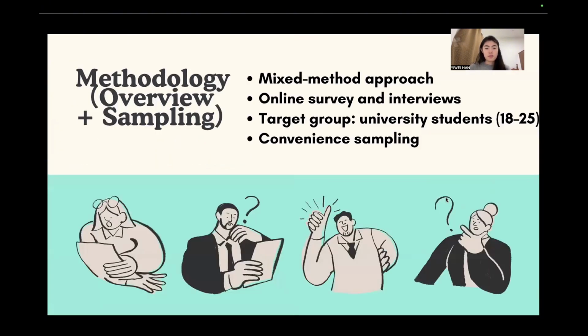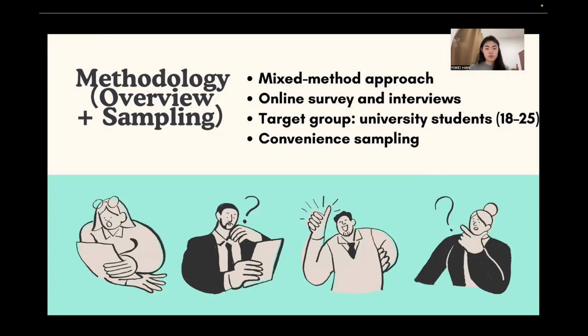The study uses a mixed method approach, combining quantitative and qualitative methods. An online survey will be used to collect general data, while interviews will provide deeper insights. The target group is university students aged between 18 and 25, and convenience sampling is used for